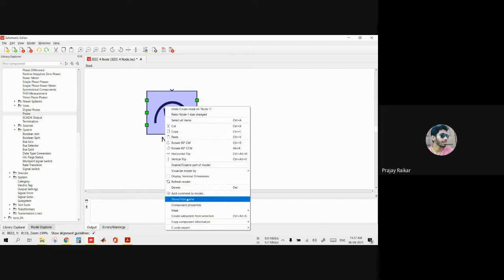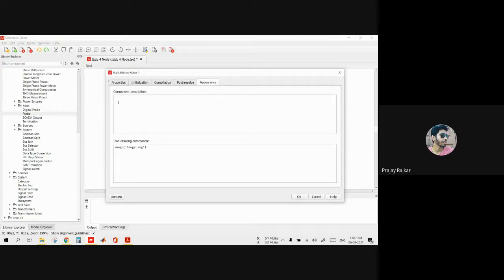So here we do mask and the mask editor, and if you go to appearance, then here we can write the component description like: node subsystem consists of following measurements,